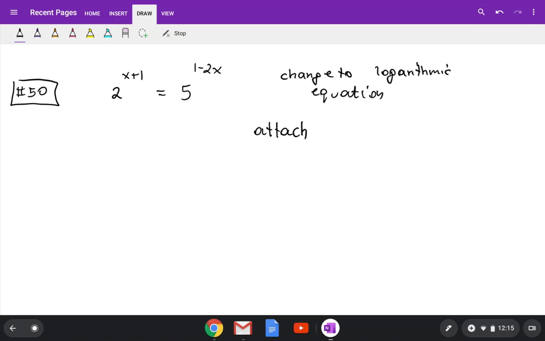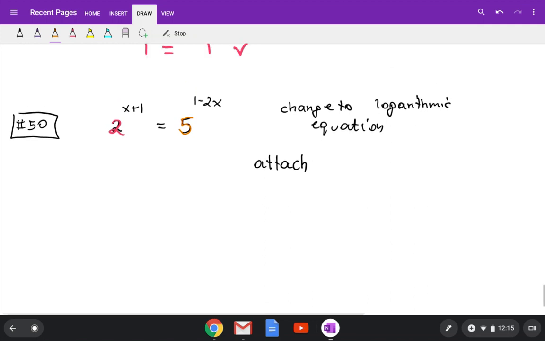Okay, log of which base? When the bases are different, look, on the left side, your exponent has base 2. On the right side, the exponent has base 5. So when your exponential expressions have different bases, I recommend attaching ln, which has base e, to both sides,